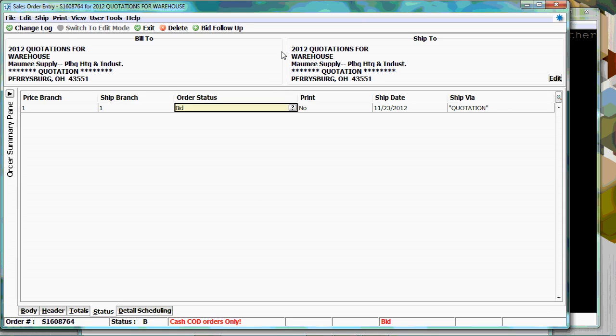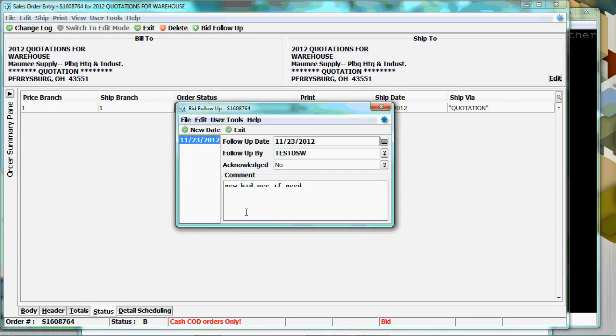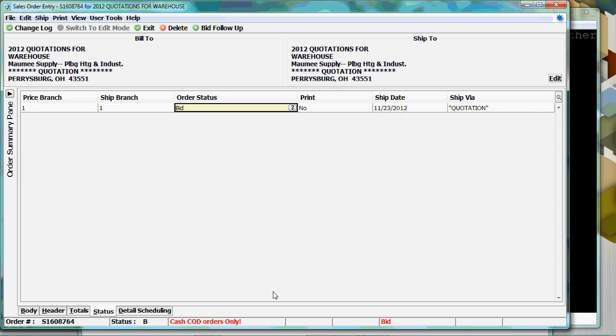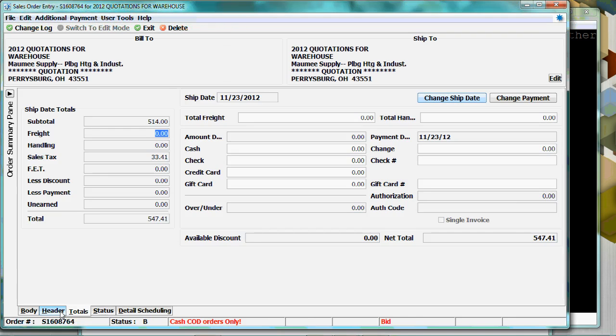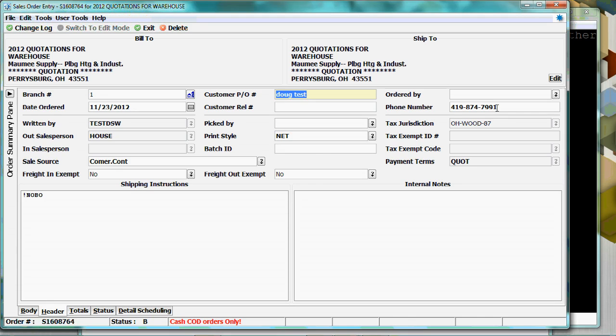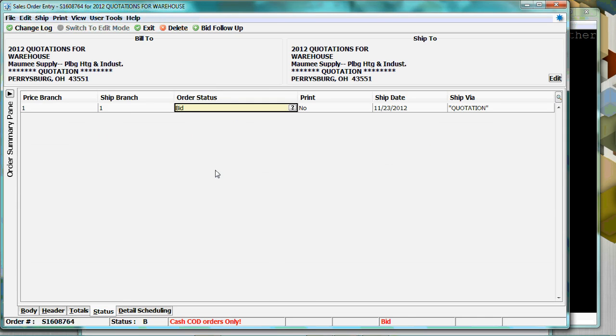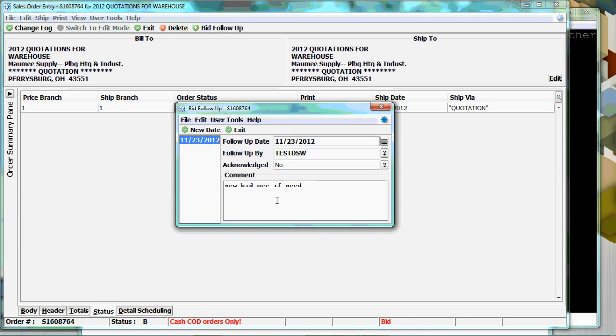But if you go to the status, you can go to the bid follow-up and you say, okay, new bid, see if needed. Okay, that was done on 11/23. Assume I'm now looking out into a week later. Well, if it's still a bid, that means that the customer hasn't bought it. I may want to go back to the header, find out who I contacted. Okay, it's at 874-7991. I give them a call. I spoke to John Doe, whoever the customer was. So okay, he says next week I'm going to make a decision on this. So you can create a